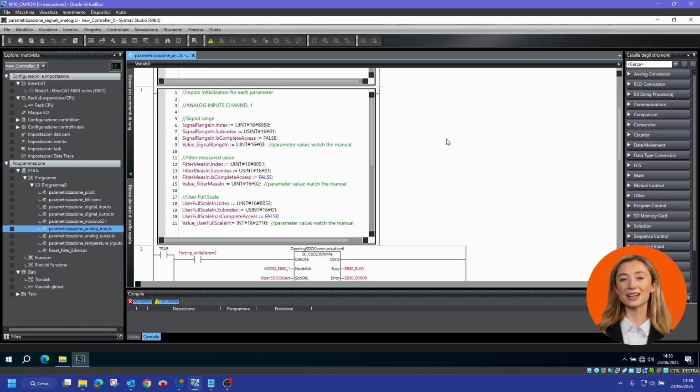The signal range object sets the voltage or current range that the channel expects at the input. The filter measured value object sets a filter on the measured value, raising or lowering the number of samples read. The user full scale object sets the scale of numerical values according to the analog signal. By default, the value is